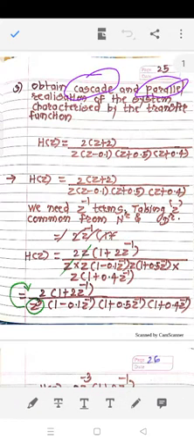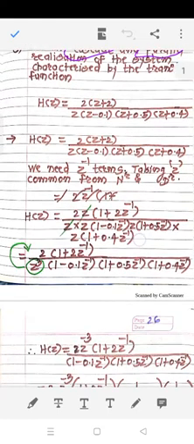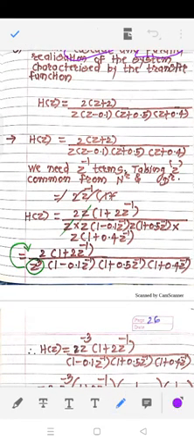So H of z is given to us, so we have to write H of z in the form required, because we have to realize it by cascade and parallel form. First of all we will see the cascade form and then we go for the parallel form. So again, now if you see this H of z,